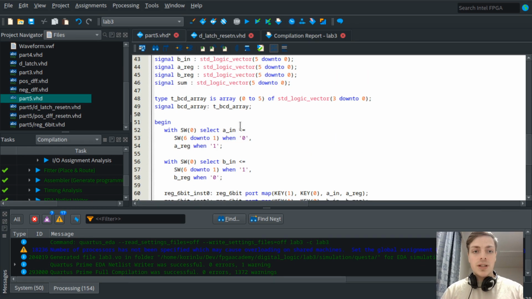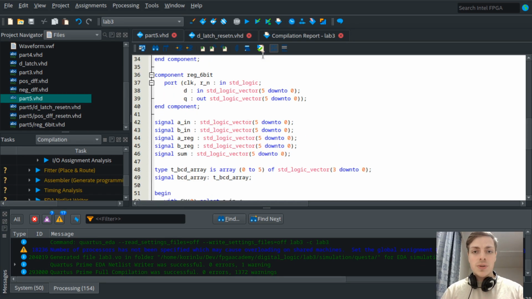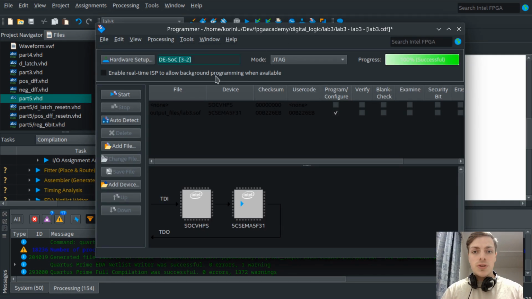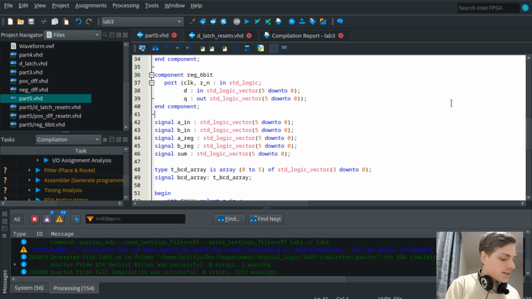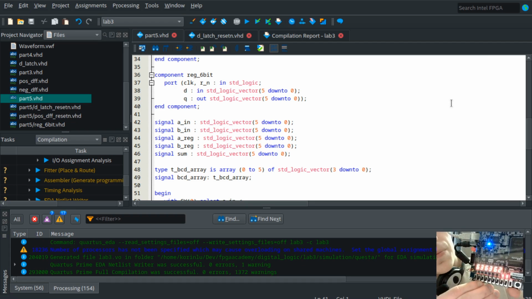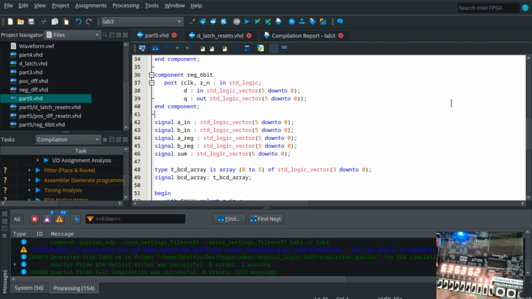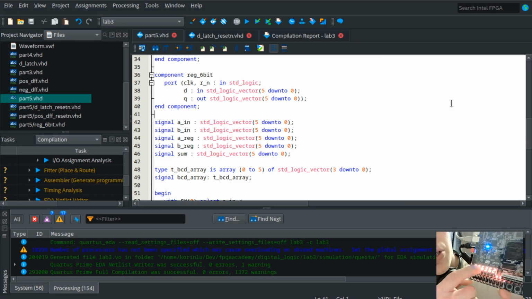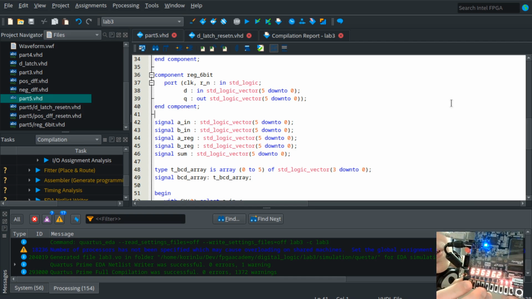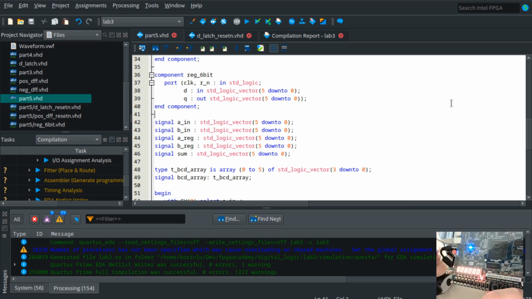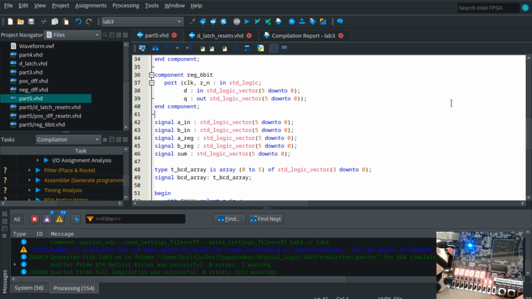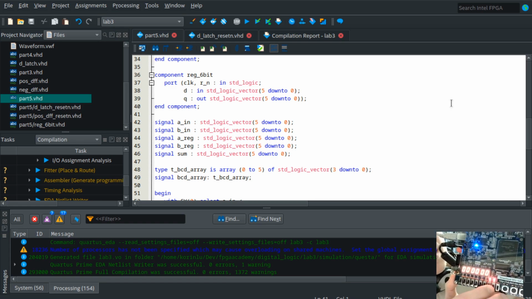And now I have compiled, so we can look at the result. I'll program my board, and now we can see that the values of the registers are not set, so they were set to all ones, so that means 63. And if I press reset now, they will all change to 0, so they will reset, and we can start setting up our